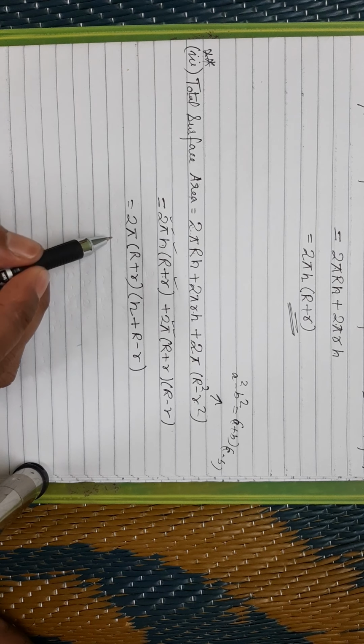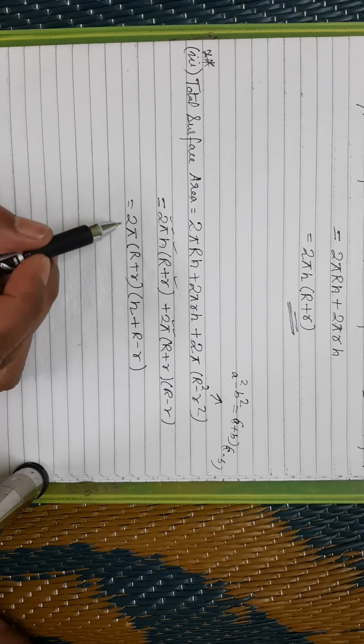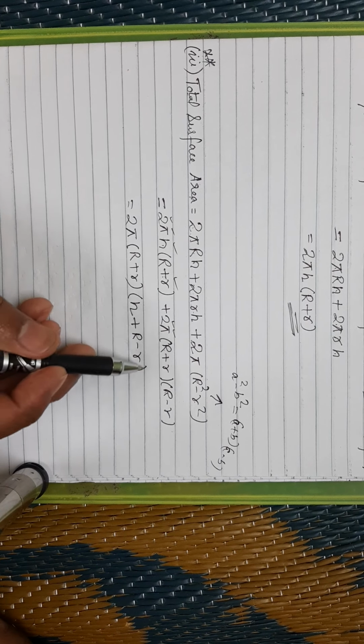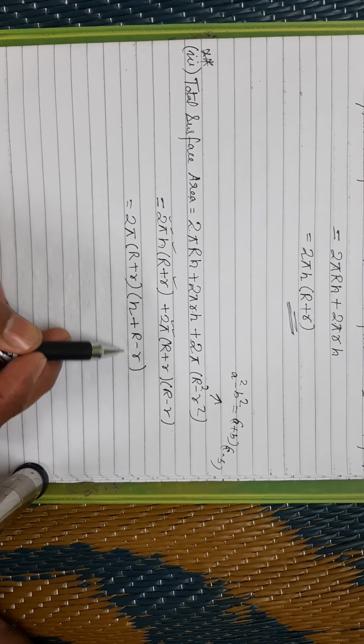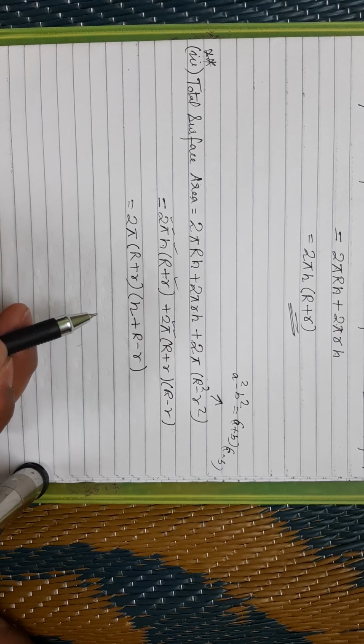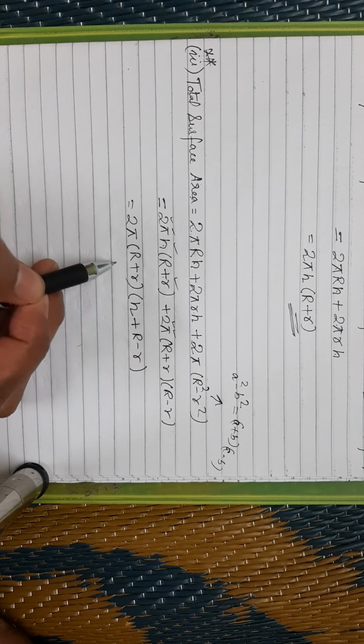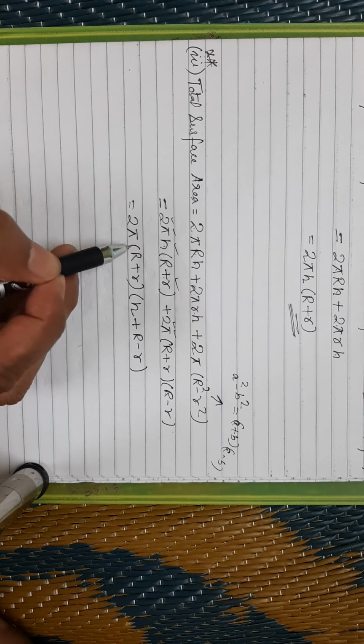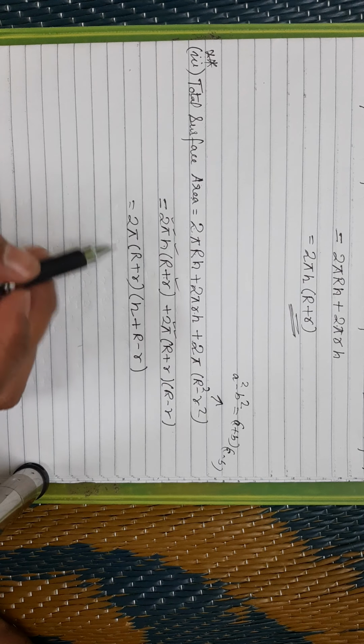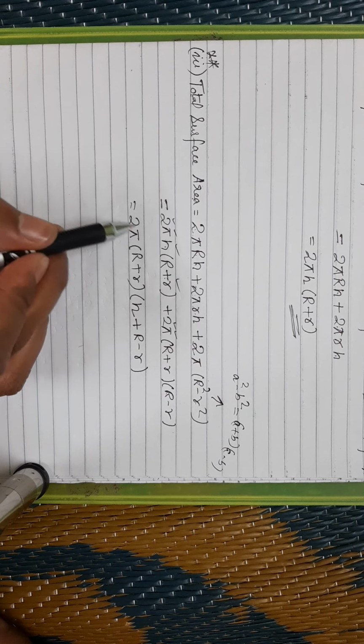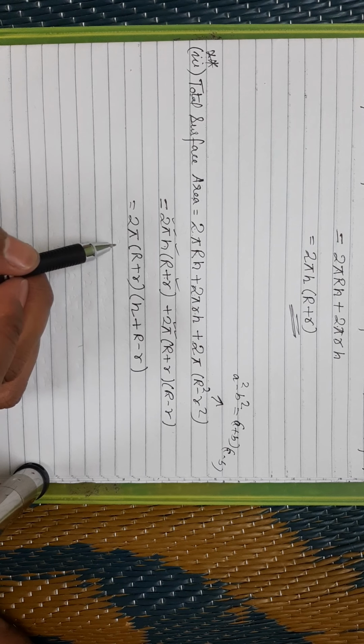See, if you just think logically, will it be possible for you to learn this? And how long can you keep the formula in your mind? So if you know how to calculate, then you can easily find it. And those who will try to learn it, you can learn if you have the memory. But this is the formula that we use to find out the total surface area of the hollow cylinder.